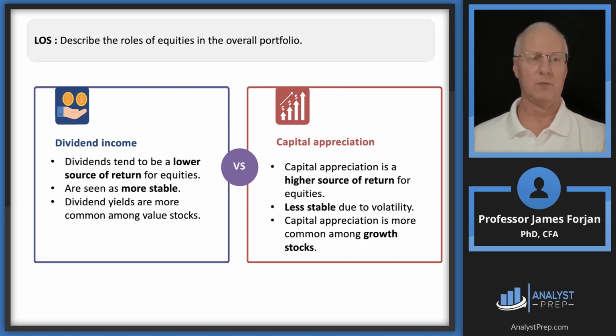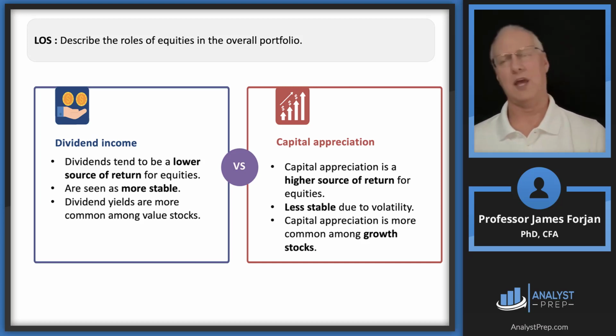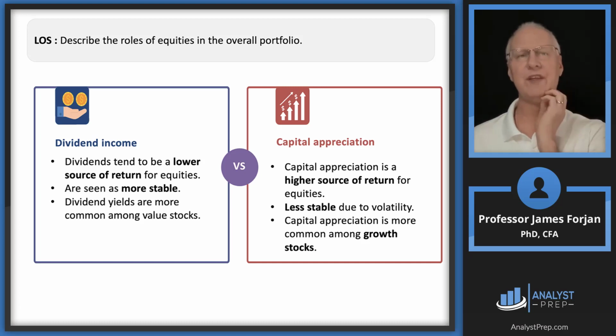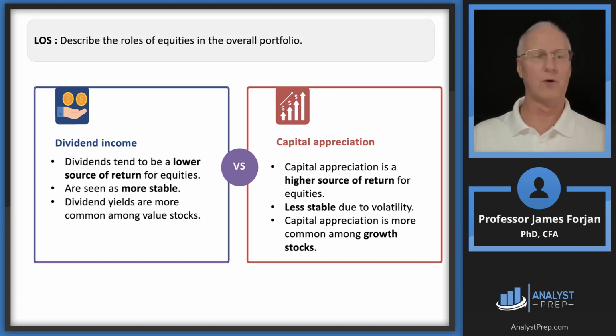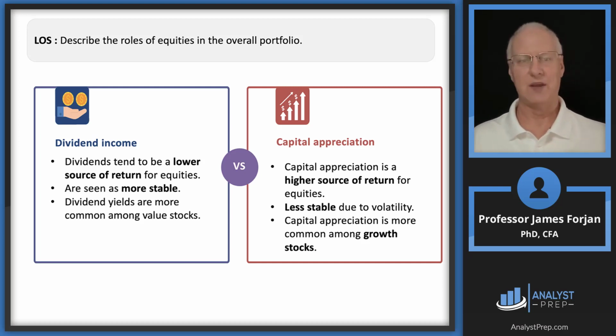So look at that bottom bullet point there. This is a good testable question here. Dividend yields are probably higher under value stocks. Capital gains, on the other hand, this is the buying low and selling high. I mean, think about it. If we buy a share of stock today for 100 and we sell it in 3 or 4 or 5 years for, let's say, 135 or 145 or 155, we get a 40 or 45% rate of return capital gain. Maybe we got a $2 dividend in there, maybe a $3 dividend. So that dividend as a percent is going to be way lower than that